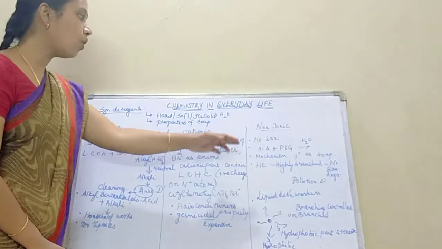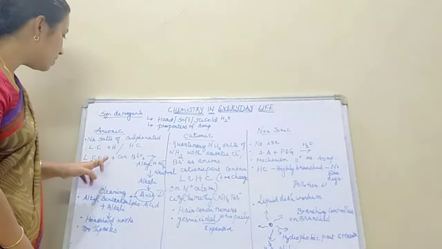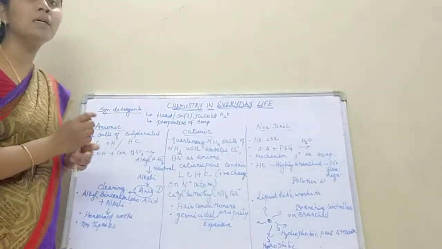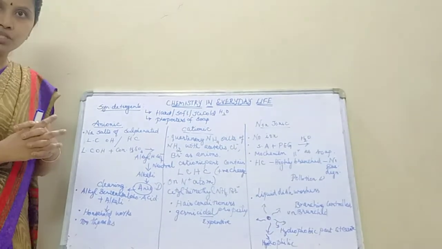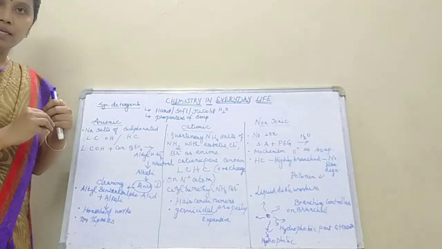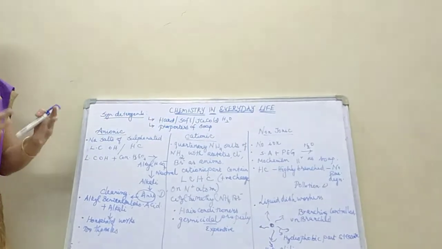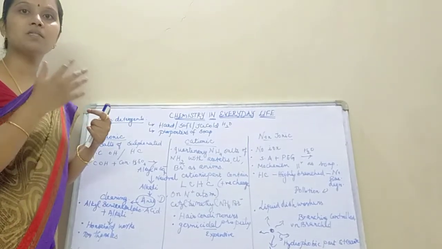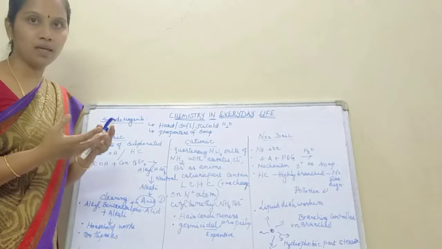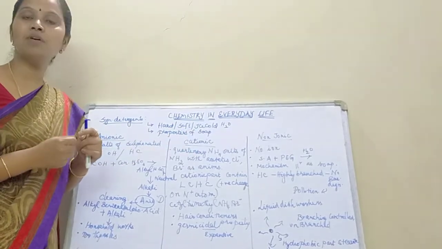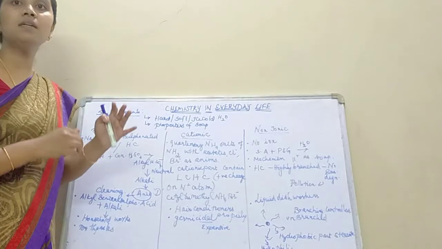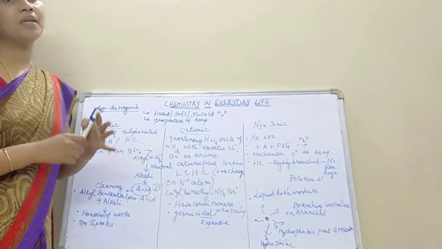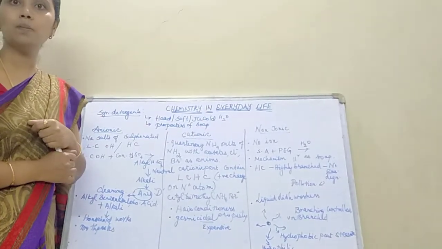Now, what is the drawback of these detergents? Since these detergents contain long chain hydrocarbons, these hydrocarbons are highly branched. They cannot be degraded by the bacteria. So what happens? These hydrocarbons will be accumulating. They will be washed to rivers, ponds, lakes, and they cause excessive foaming. You cannot remove these hydrocarbons even by normal sewage treatment. As a result, they will be accumulating in rivers, ponds, in all the water bodies. They cause foaming. As a result, they are the main reason for water pollution.